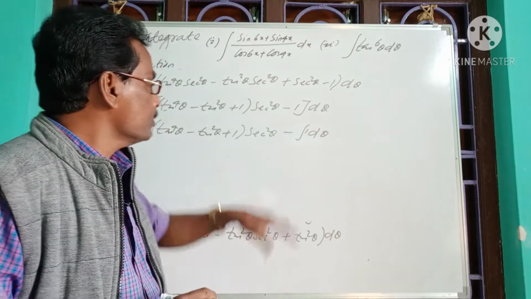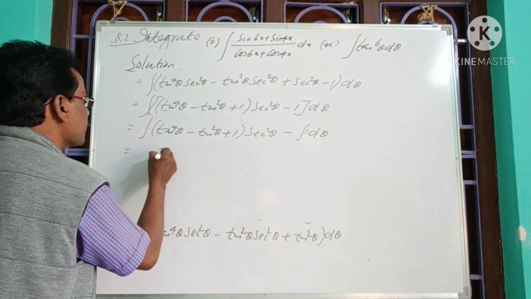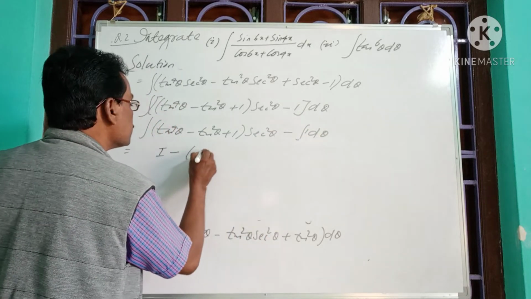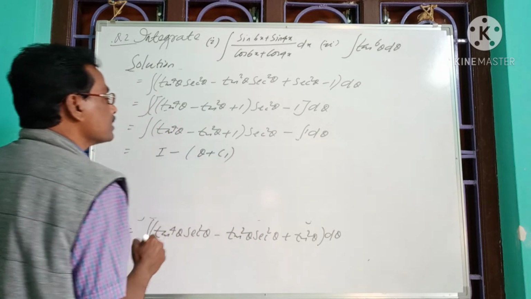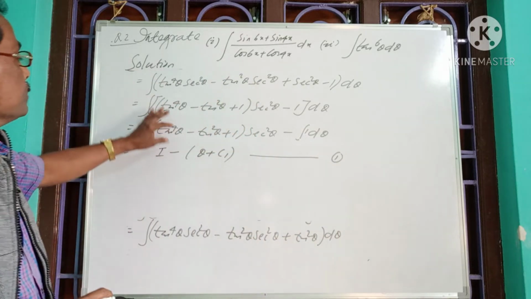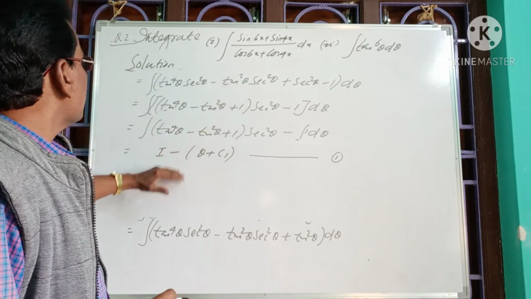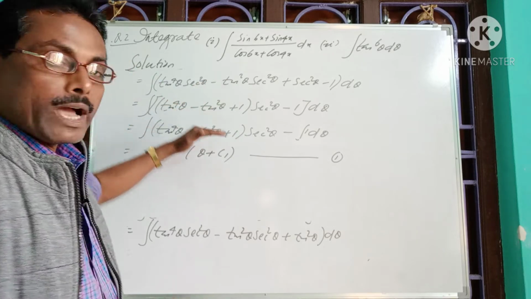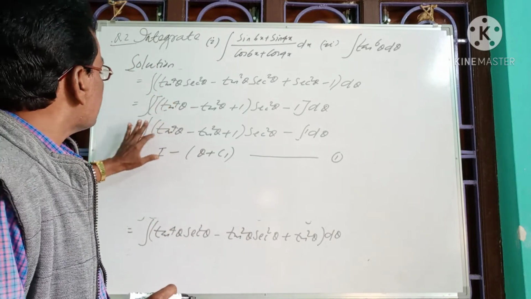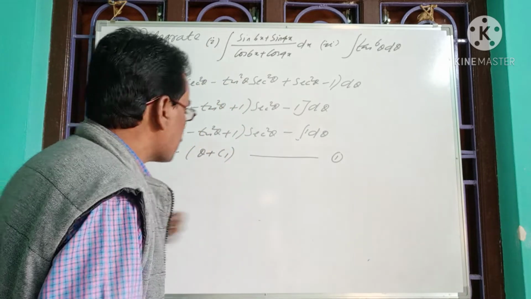So let us integrate it, and let us assume that the first part is integral I, minus integration of 1, which is theta, will give us theta plus c1, where c1 is the constant of integration. So this is the relation 1. Here, in order to integrate it, we have to integrate separately, because now the function is a function of theta. If you apply the method of substitution, then we have to integrate it separately, and then it will be joined together. Now integrating I separately, we have to consider I.